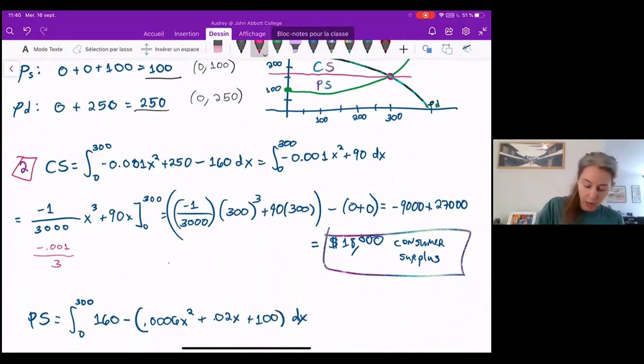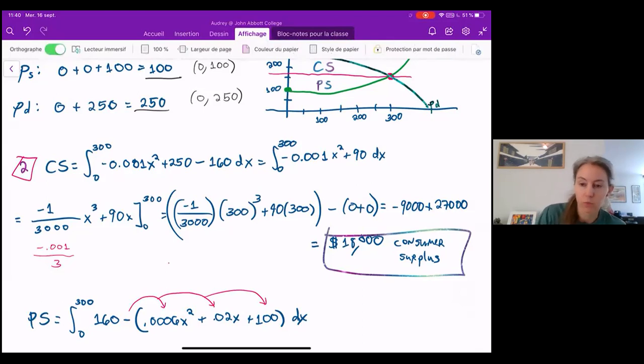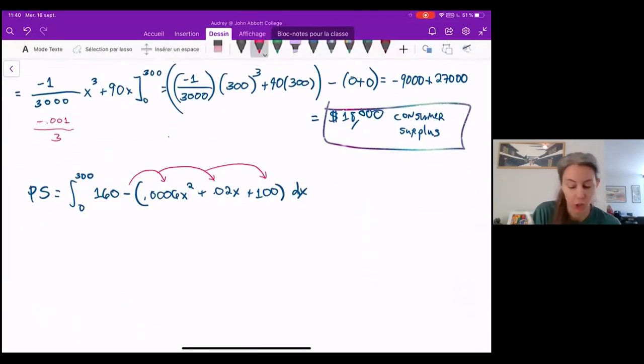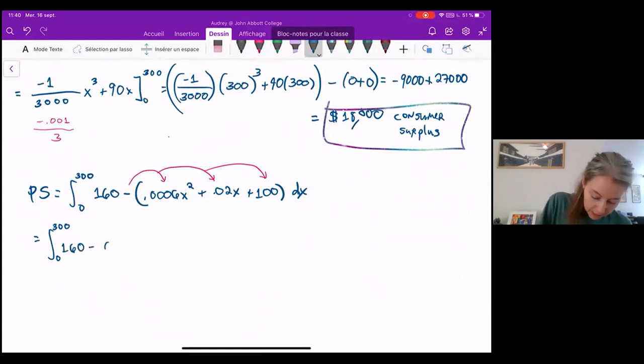Again, don't forget that that minus sign is getting distributed to the inside. The minus gets distributed to everything. Don't forget those parentheses that tell you to do that. Or just immediately distribute the minus sign. So then I get that this is the integral from 0 to 300 of 160 minus 0.0006x squared minus 0.02x minus 100,